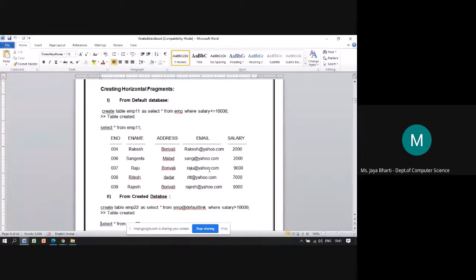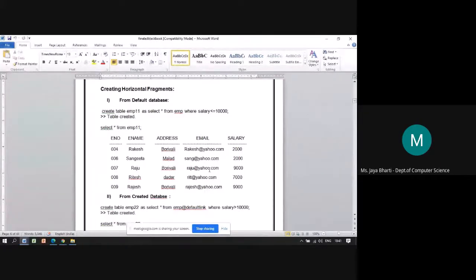So here the condition is salary, and based on that condition it is going to divide the records of the table. Star means it is taking all the columns. So both the things are proper.